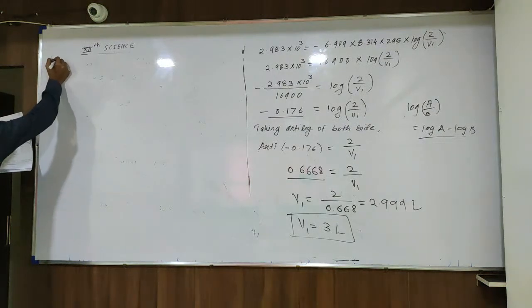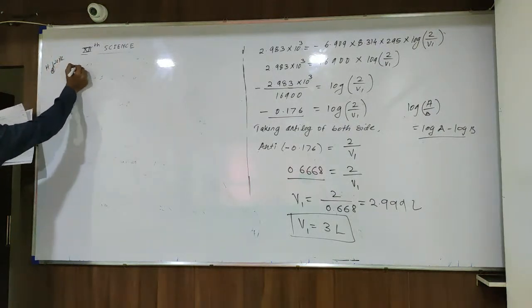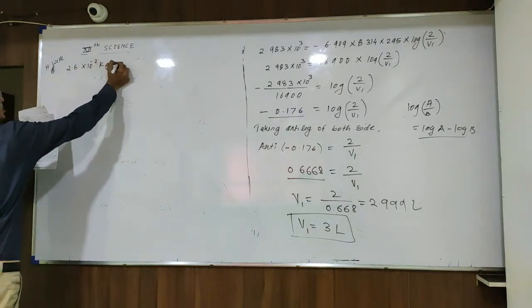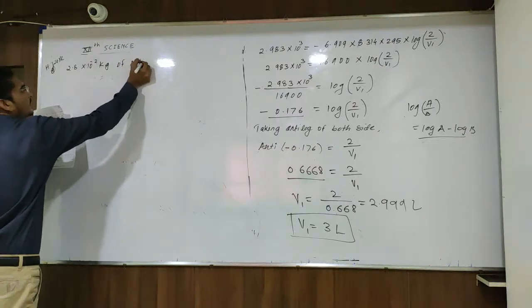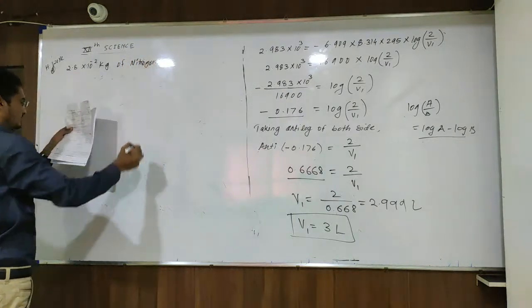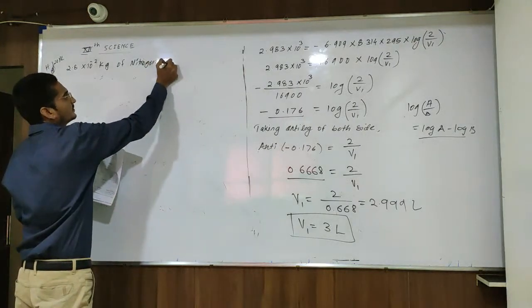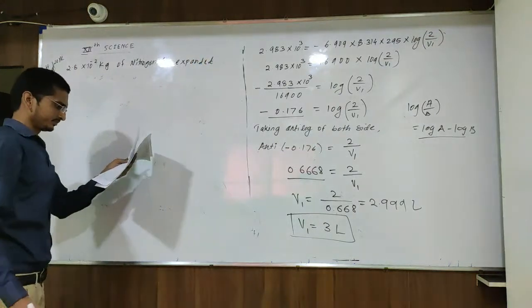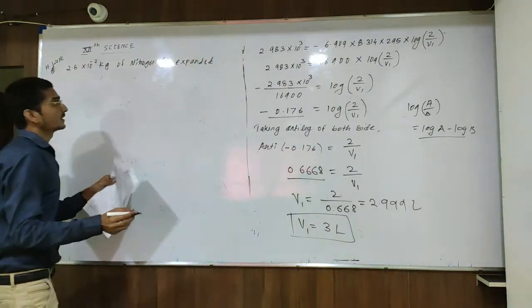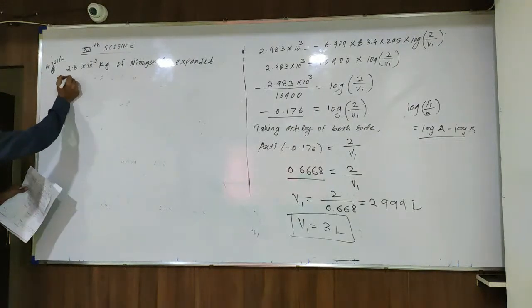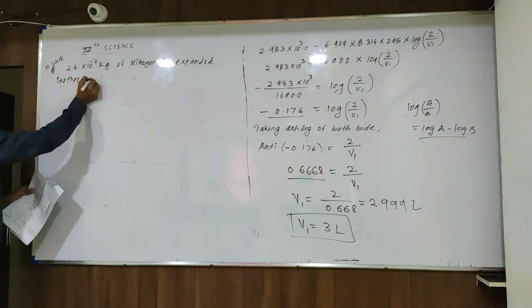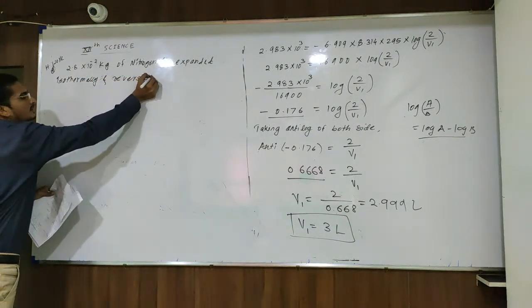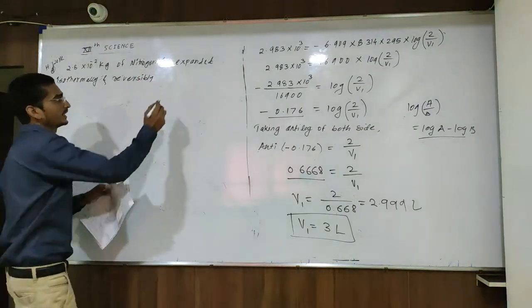That problem should be for homework. 2.8 into 10 raised to minus 2 kg of nitrogen is expanded isothermally and reversibly at 300 Kelvin